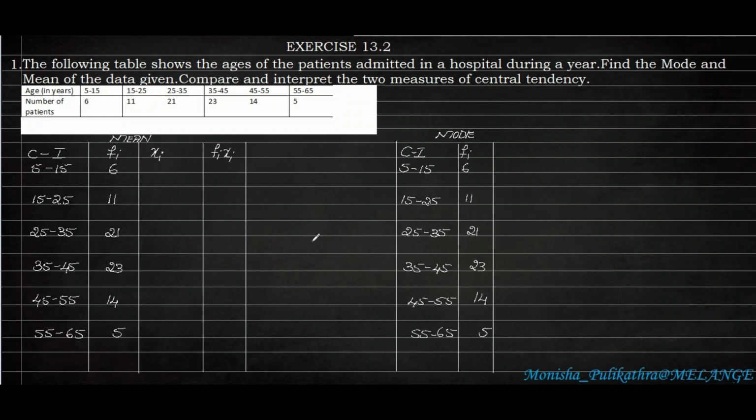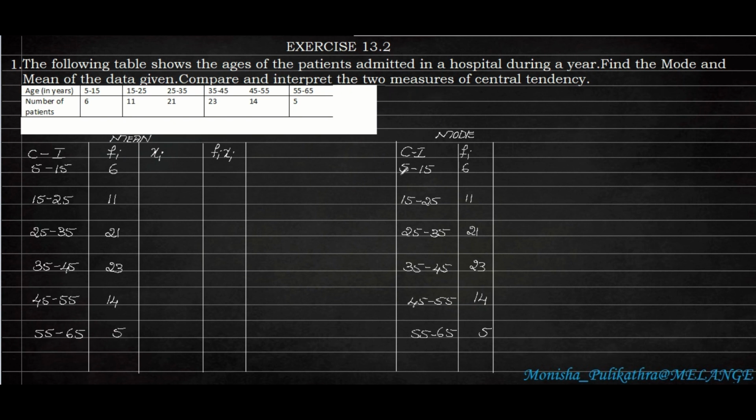Moving on to the first problem of exercise 13.2. Here we have to find out both mean and mode. I will tell you how to do the mode. We have already practiced how to do all the mean sections in my previous videos where there were 9 questions altogether. So now in this section we need to find out mean and also mode. In some problems we need to find out only mode, whereas in some problems we need to find out mean. Mean means finding the average, whereas mode means finding the maximum number of whatever they are given.